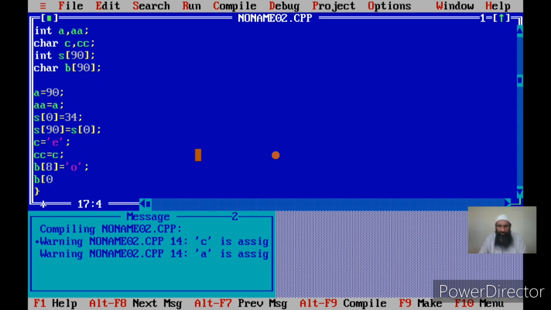I can say b of 0 equal to b of 8. I am copying the contents of b of 8 into b of 0. Now b of 8 is equal to o, so o will be stored in b of 0.